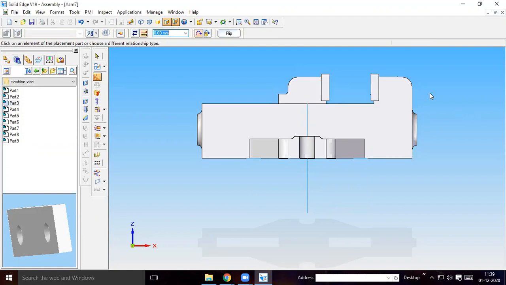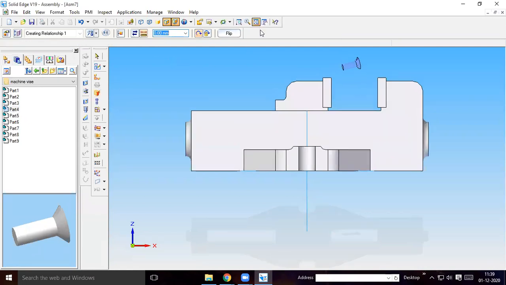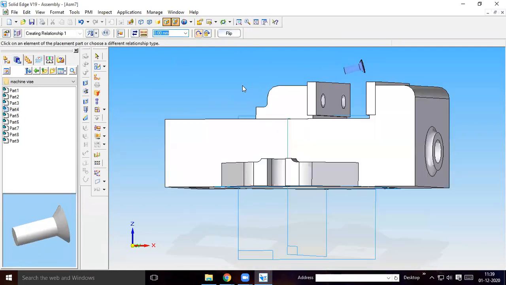Once you assemble the jaw gripper with the main body and movable jaw, then take the screw and assemble it, place it. Okay, so place the screw. Here 4 times you have to place the screw.